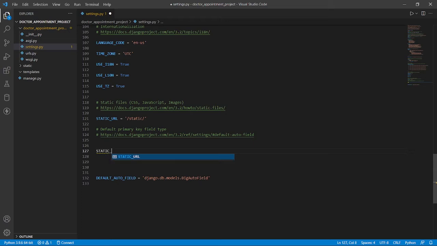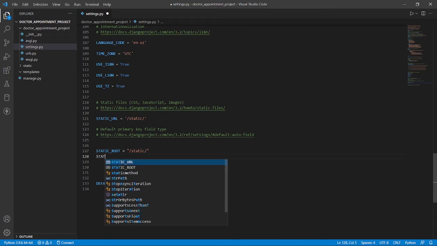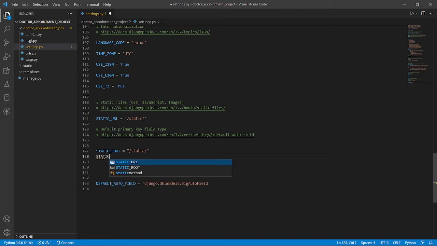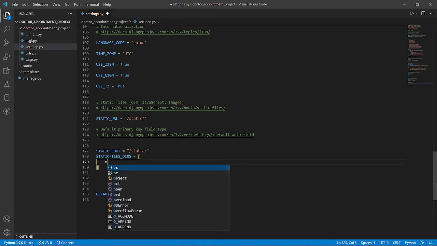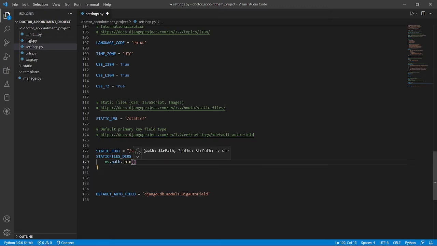STATIC_ROOT equals to static, and STATICFILES_DIRS equals to os.path.join, and here BASE_DIR comma static. Okay, so my static file directory is also set, and I need to add media